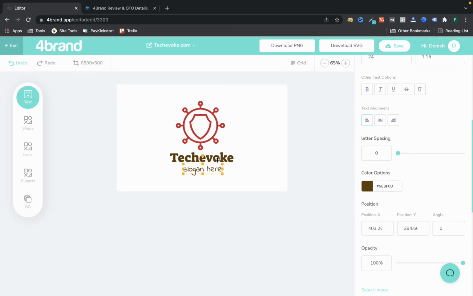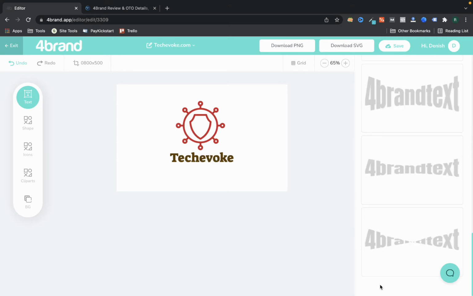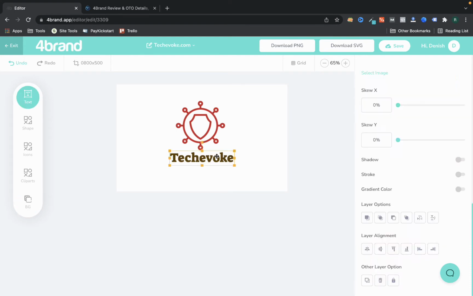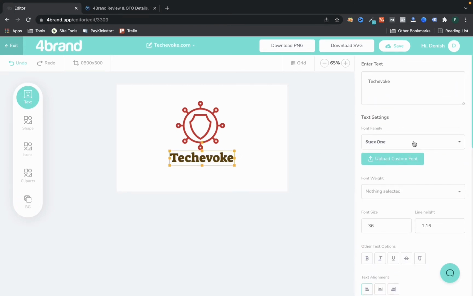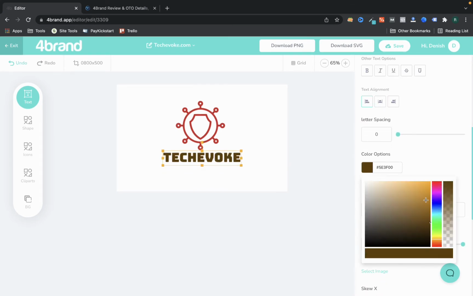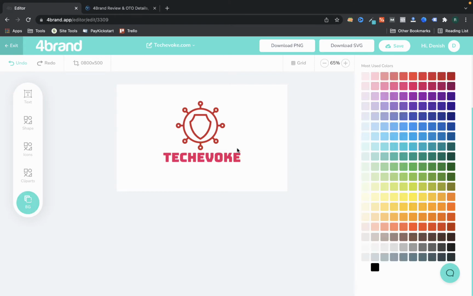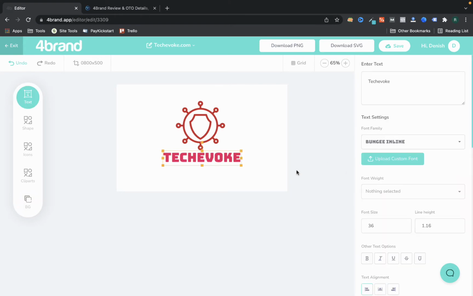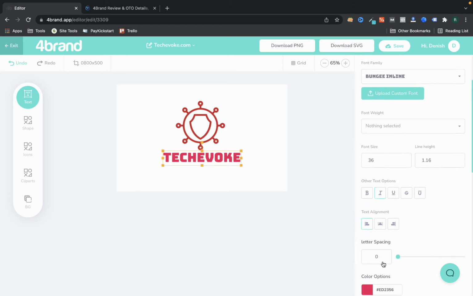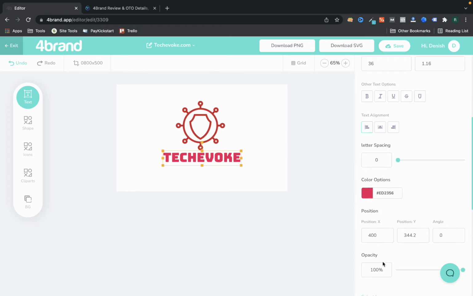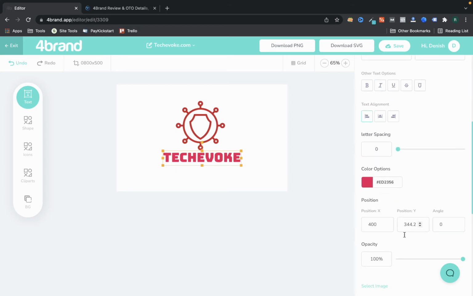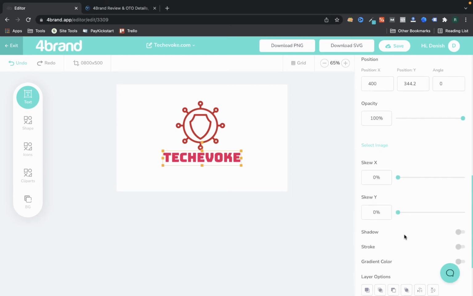Also I want to change the fonts. For example, I want to delete this slogan, and if I want to add a font, I can still do it from here, from text settings. I can use different kinds of fonts. I can change the color. All the options are here. You can customize it as you want, as per your requirement, as per your website. You can change it, you can modify it, so you can do anything from here. All the positioning part, all the things are available here.